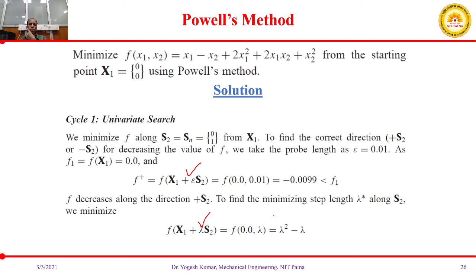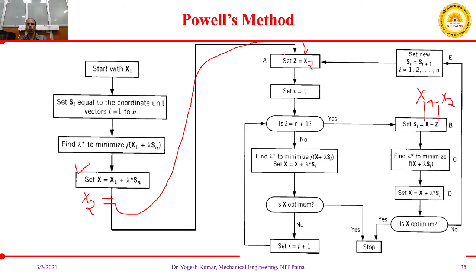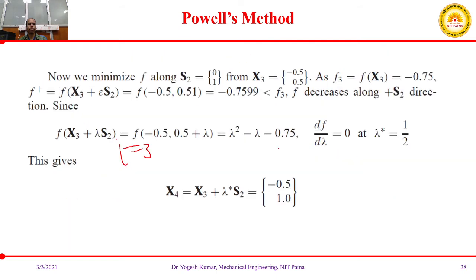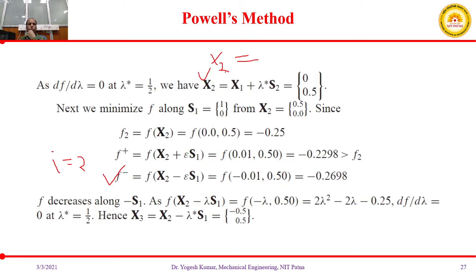Okay, so this lambda is before entering into the loop. This is the value which we have got. This is x2. So this x2 is corresponding to which place in the loop? It is corresponding to this place in the loop. Now you have set I equal to 1, and since I is less than n plus 1, we will move further. So let us move here. So this is corresponding to x2.